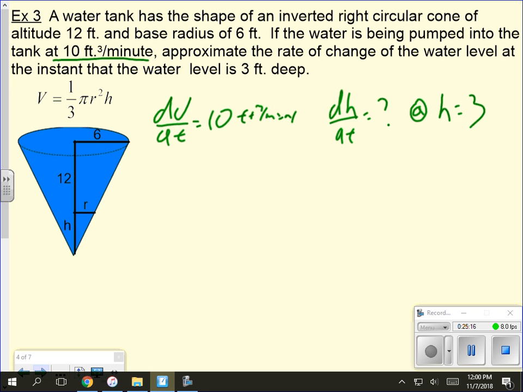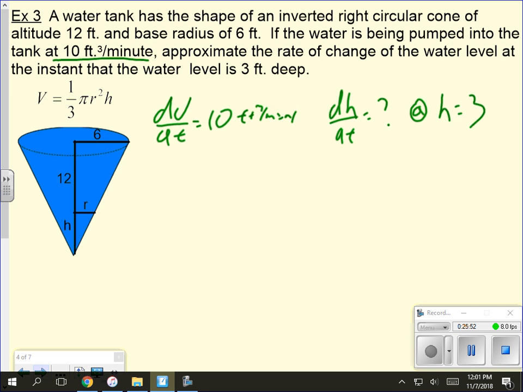You can't do a general term. The only thing that's constant as far as the rates go is dV/dt. Generally, it's pumping at a certain rate, right? You turn on the faucet, water comes out unless you adjust it. Water comes out at a fairly constant rate. How fast something is filling depends upon the shape of the object you're filling, how fast the height is going up or down. So think about this cone. The water's going in. I've got a hose I've turned on, or spigot, that's filling the tank up. The water is going in at a constant rate, but the height is not changing at a constant rate,